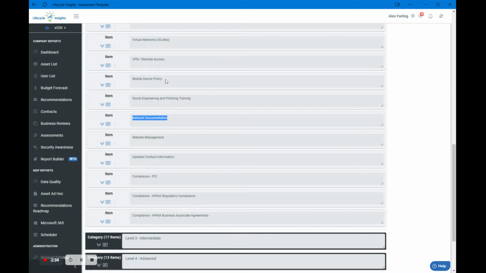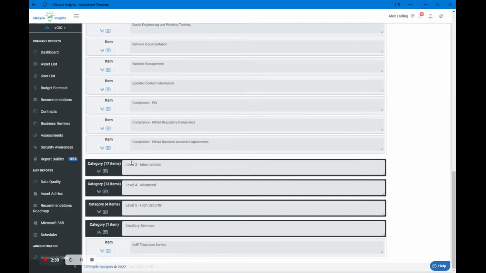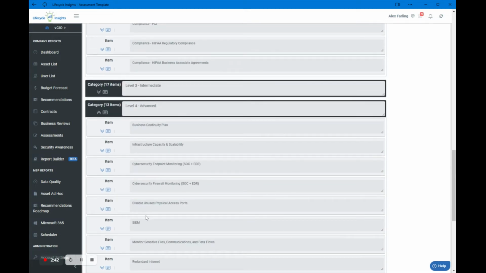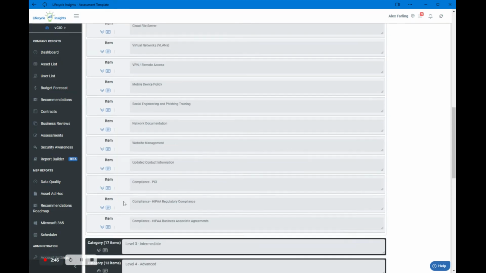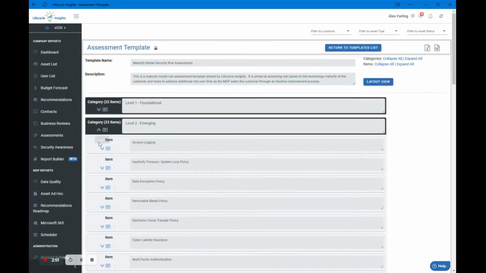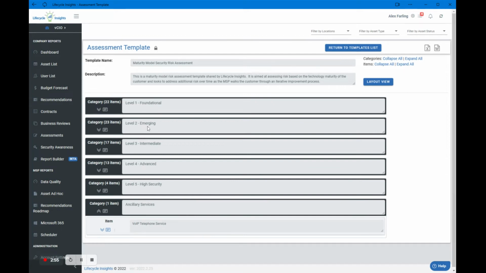So, do we have the network documented? Do we have a mobile device policy? Do we have VPN and remote access properly configured? Instead of having to go in and deduct points for them not having a SIEM in place, for example, for a really small office who may never get to that maturity level and they're just not going to need it. So this is a unique thing about Lifecycle Insights, where you can actually build an assessment that is based on a group of categories,